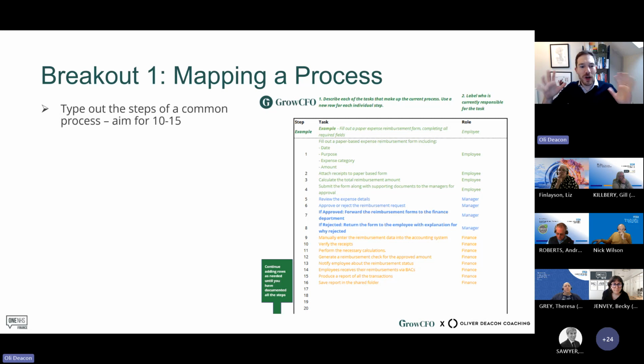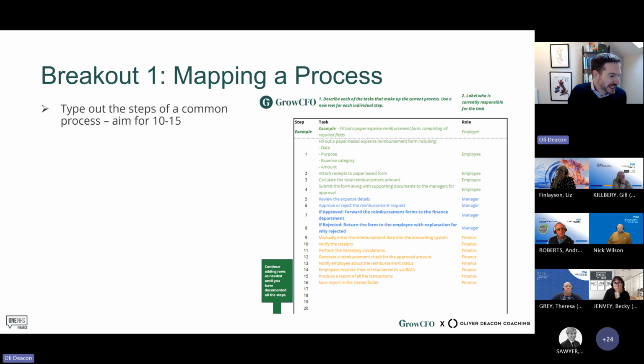Now, we're not going to ask every single person in the group to do this. However, maybe if one person's doing it on their phone and one person's typing it out on their computer, that would be helpful, because afterwards we would like somebody in the group to paste the step-by-step instructions into the chat. Am I asking every single person in the group to write out steps? Not necessarily. Maybe it's going to be a bit chaotic if we do that.